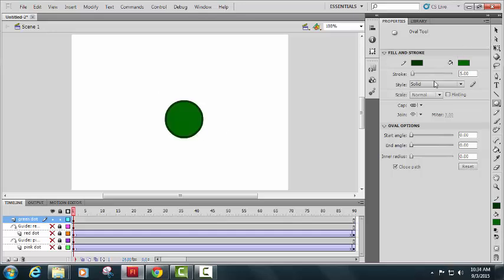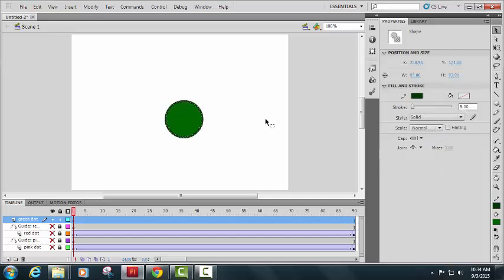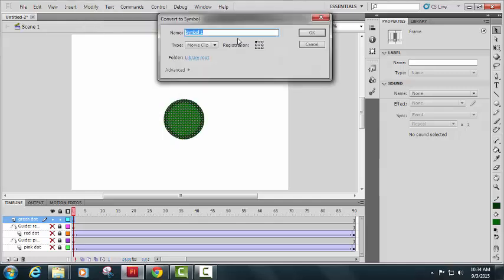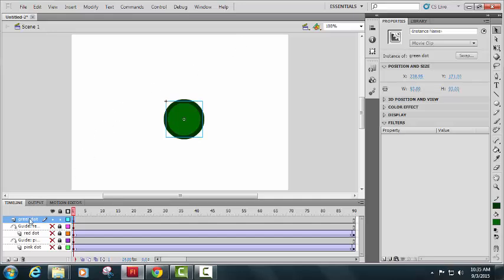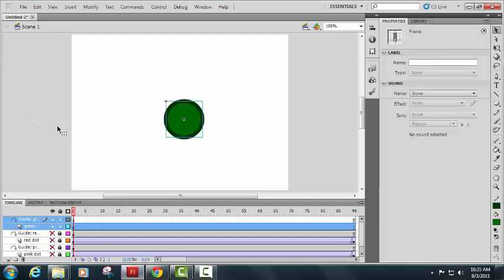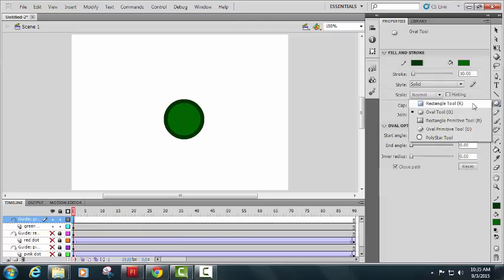Once I've drawn that, I must highlight everything I drew, modify, convert to symbol. Then I'm going to add my motion guide, right? So I'm going to add my classic motion guide, and I'm going to choose the pathway that I want it to follow. In this case, I've done a pencil tool, I've done the oval tool, so let's use the rectangle